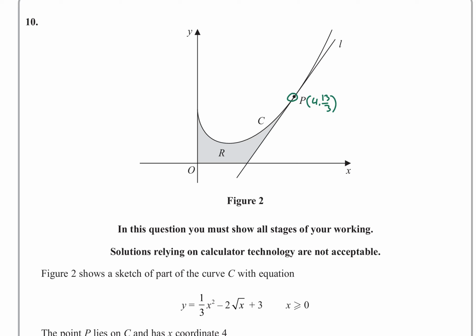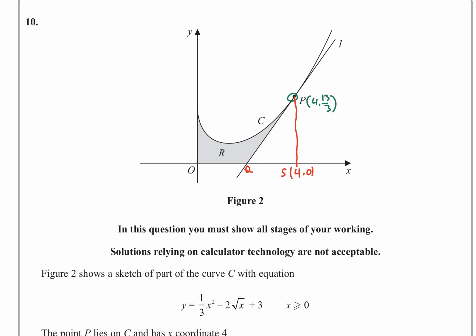However, if we do that, we get the area of this entire region, because this is 4 and 0. So we will need to subtract the area of this triangle. So P, if I name this Q and if I name this point S, so the required area